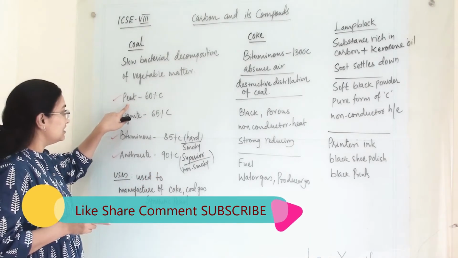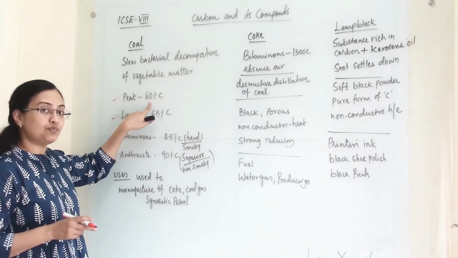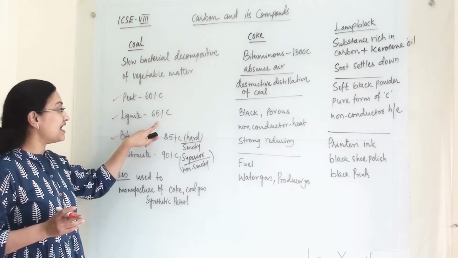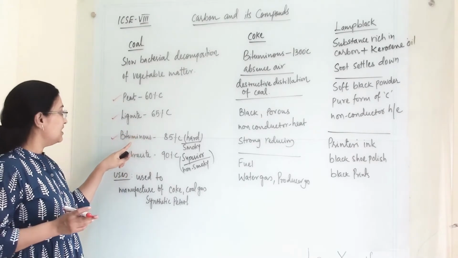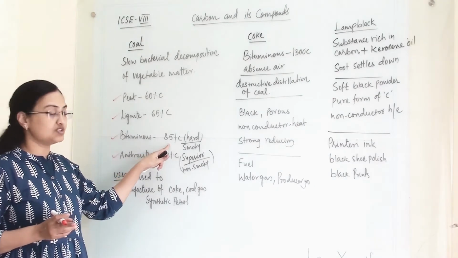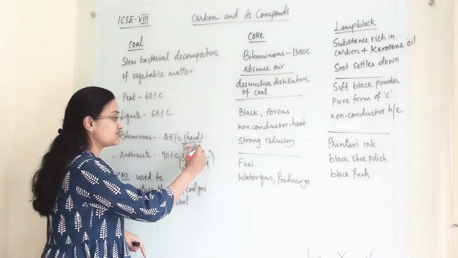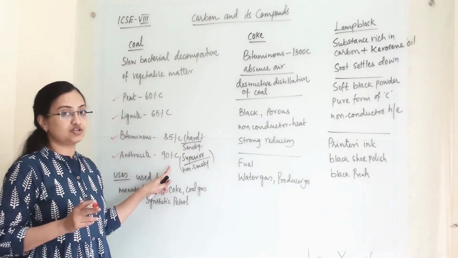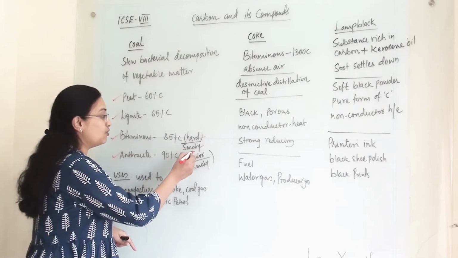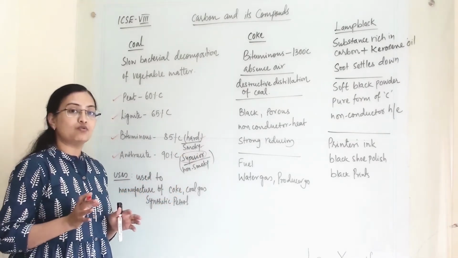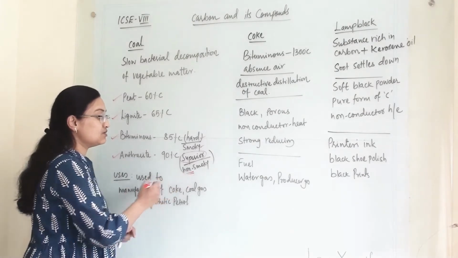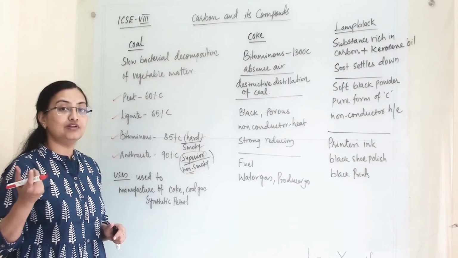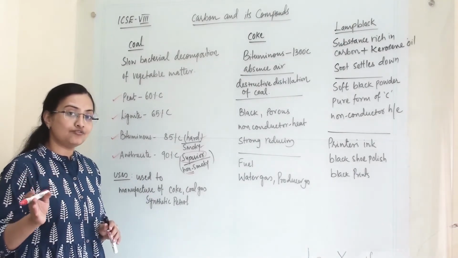So here, these are the different types of coal according to the percentage of carbon remaining in it. This is named peat. It has 60% carbon and 40% other impurities. Lignite has 65% carbon. Bituminous coal has 85% carbon. It is hard in structure and it is smoky. Anthracite has 90% carbon, and this coal is termed superior quality coal and it is non-smoky. That means whenever you ignite it, smoke will not be generated because of the lower percentage of impurities.